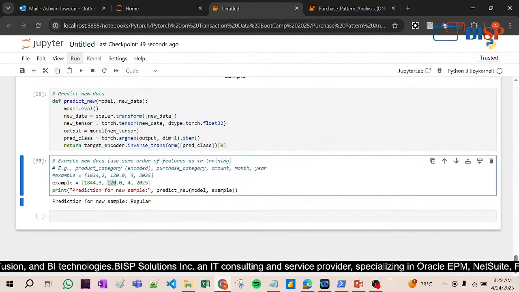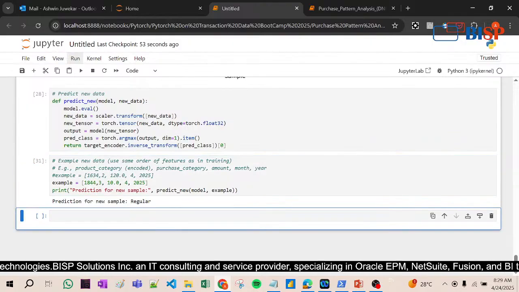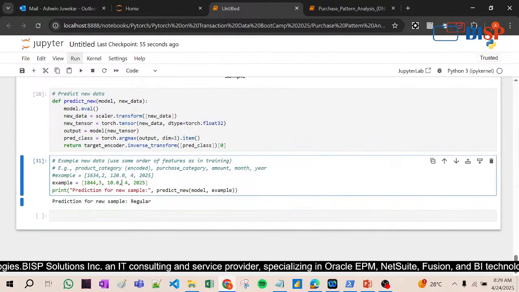And if I make the purchase amount like 10, and the month is, the year is 2026.